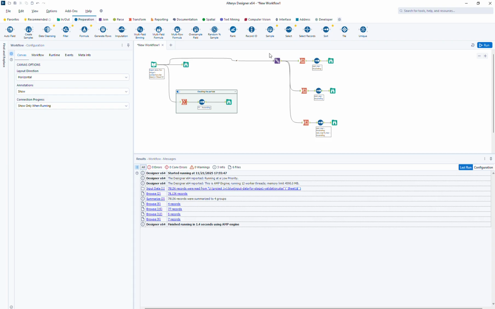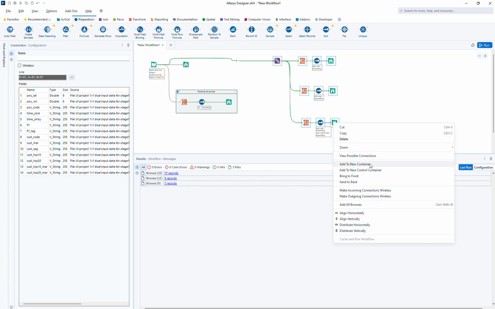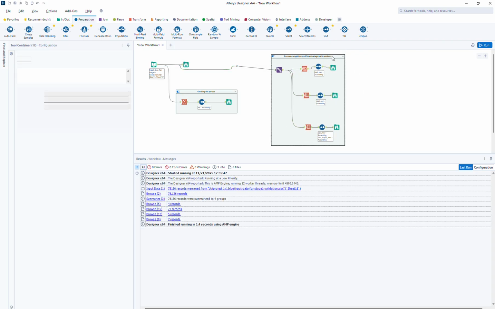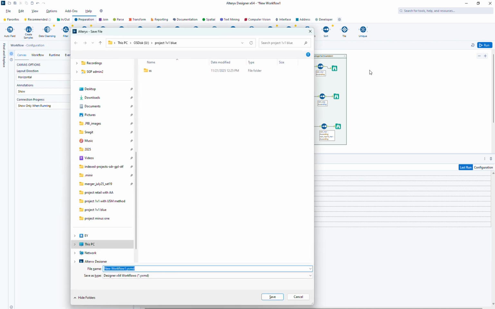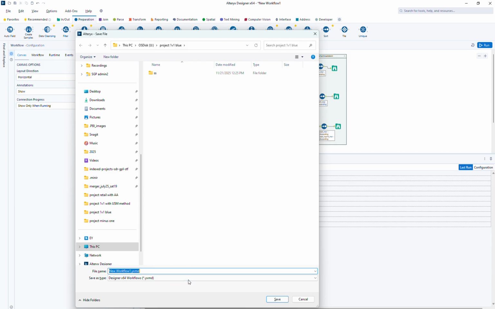Okay, so after this, if I want to annotate or label this work stream, then I add it to the container, and then I change this one to revenue recognition by different categorical breakdown. Oh my god, it's very long. Okay, anyways, I just show you how to do the annotation, but you use this one. Okay, I need to save this workflow because otherwise, if something goes wrong with Alteryx, then I will lose my work. So basically, I press Control S to save it, and then save it to